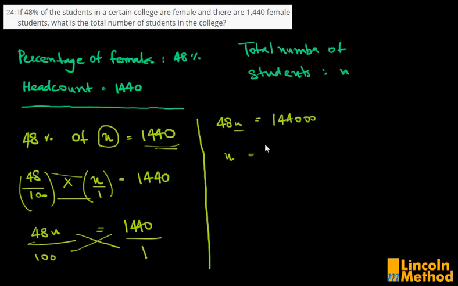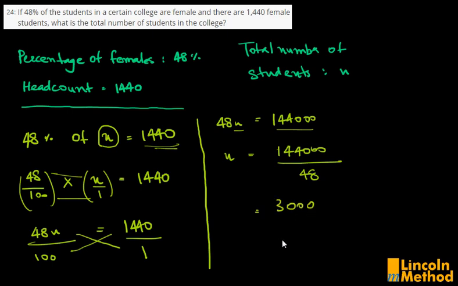Now since we're supposed to find x, let's make x the subject, and let's shift 48 to the other side of the equals sign. Now remember that since 48 and x are being multiplied, if I shift 48 to this side of the equals sign, it is going to be divided by the number that is already on this side. So 144,000 divided by 48. Now let's see what we get when we divide 144,000 by, sorry, 48, and that equals